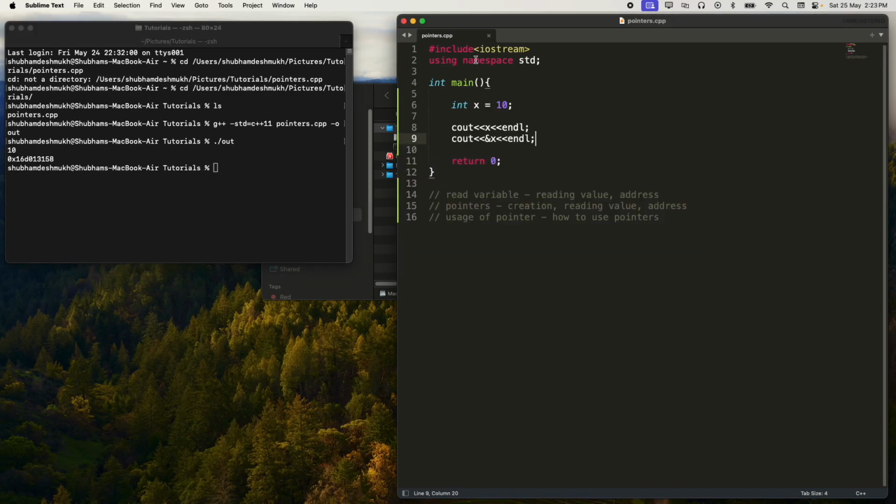So now we have the value and the address where it is placed. Now we know the first thing, that is how to read the value. Now let's go to the second point, which is pointers. A pointer is something